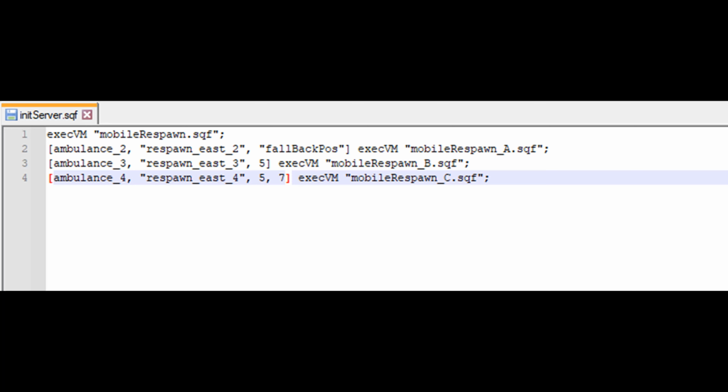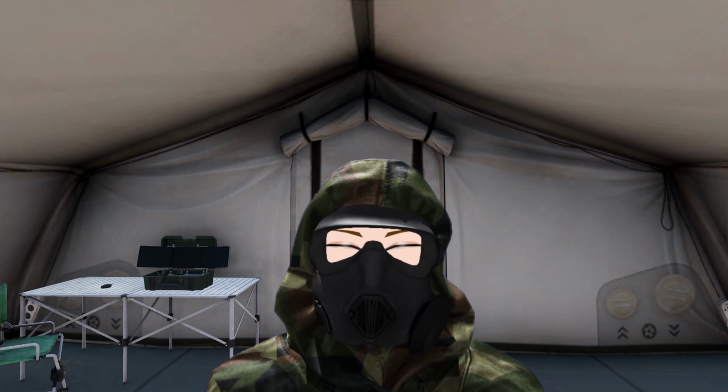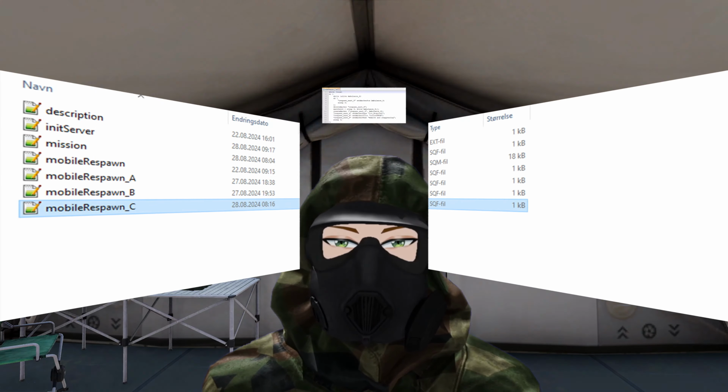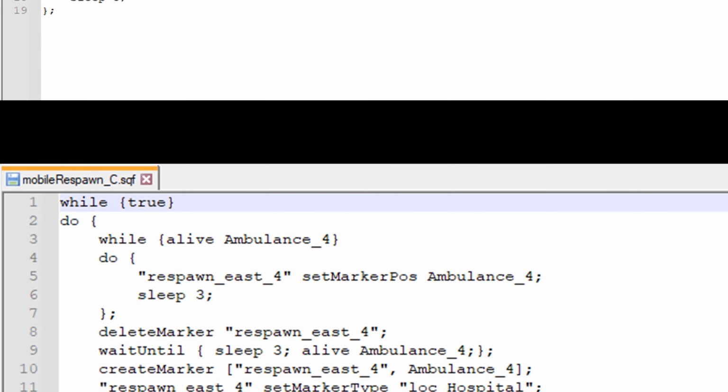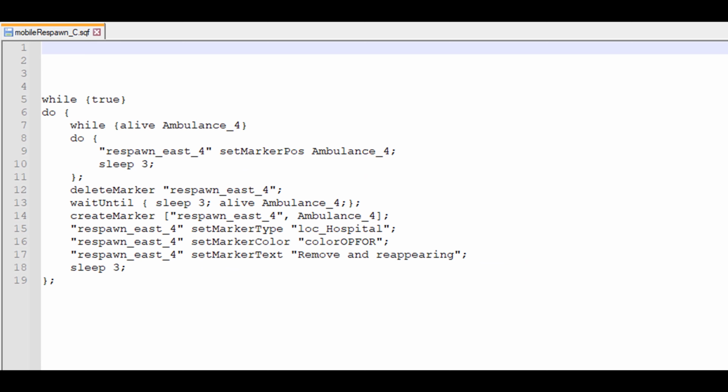And remember, only the marker name should be written as a string. So the array is going to look like this: ambulance_4, respawn_east_4, 5, 7, execVM mobile respawn_c.sqf. Then open the mobile respawn_c.sqf file. For assigning the local variables the different arguments, we are again going to use the param command. So let us start with the first local variable, outside the loops. private _saveAmbulance = str (_this param [0, failObject, objNull]);